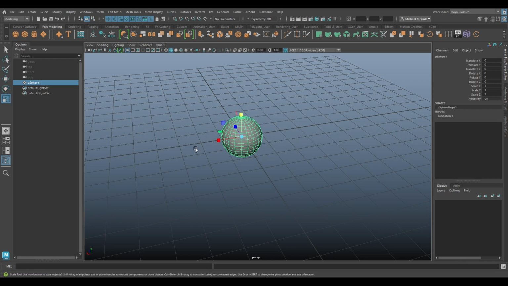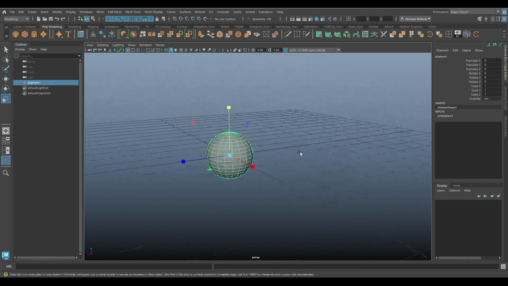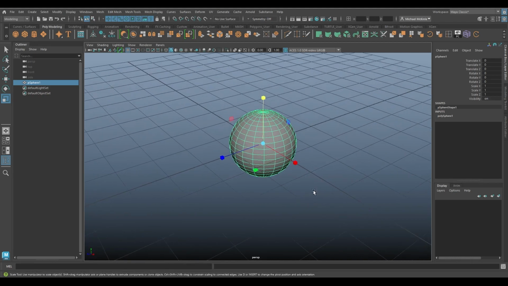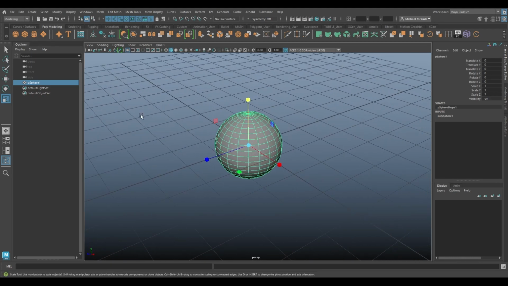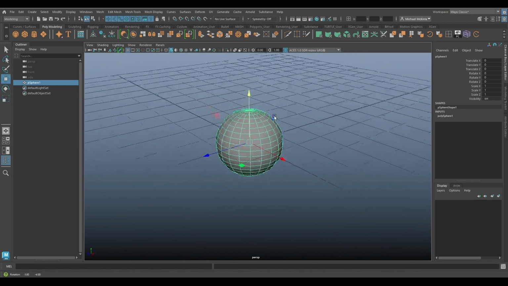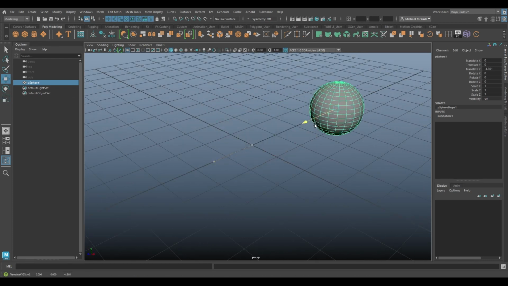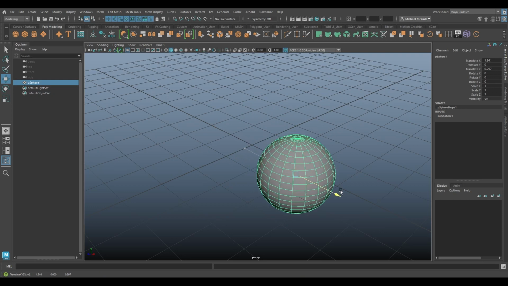By the way, if this gizmo is too big or small, you can use your plus and minus keys to change the scale of your gizmo. I'll make it one step bigger just to make it easier to see in the video, hopefully. So, move tool. As it says on the tin, it moves objects. So I can click on these arrows and move my sphere around